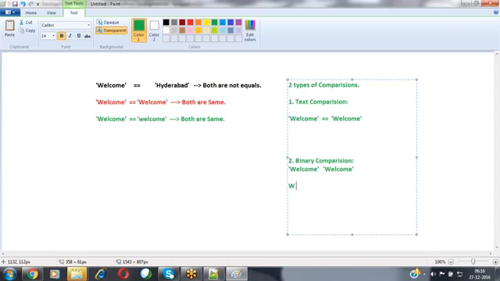Now which case is this W? Uppercase here. If it is uppercase, then what will be the ASCII value of this particular character? For each and every character, there is an ASCII code available in programming languages. In every programming language, you will have some ASCII values.